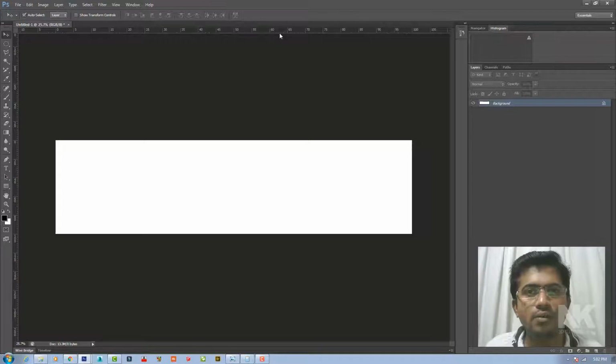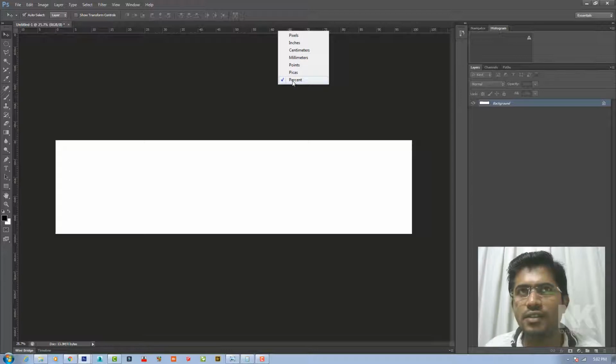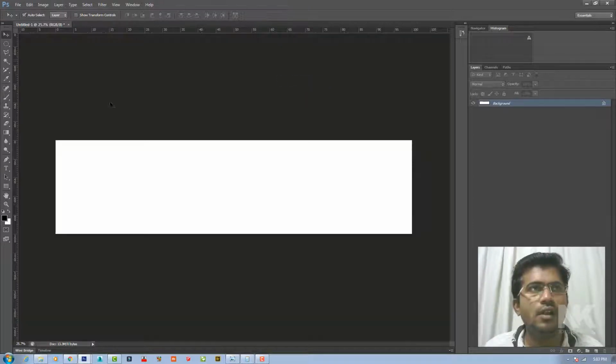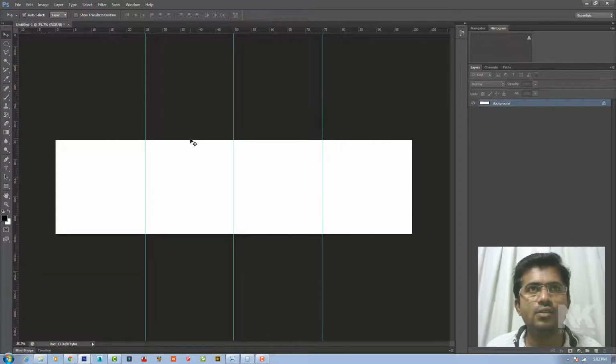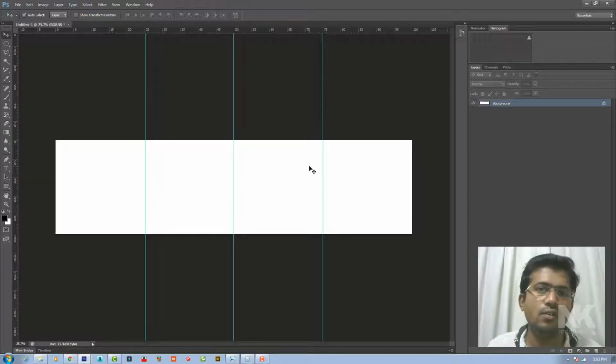If you don't find the ruler, press Ctrl R on your keyboard, and on the ruler right click and click on the percent option, and then drag a guide from here and place the ruler guide at 25, then 50, then 75. That's why we choose percent, so it gets easy to divide anything. 1, 2, 3, 4, we got 4 equal parts.